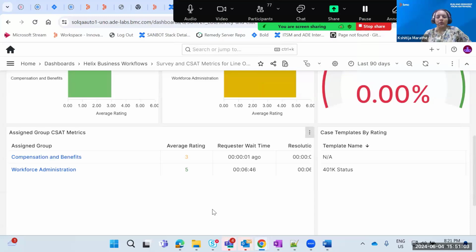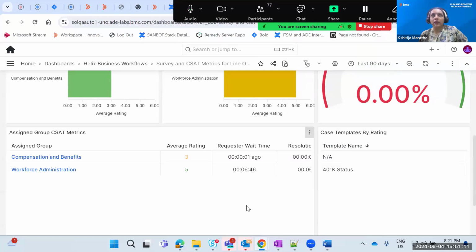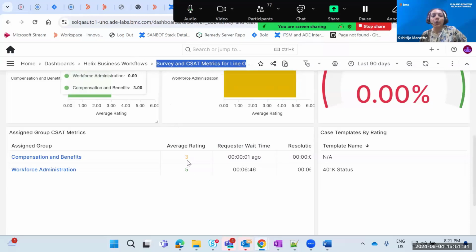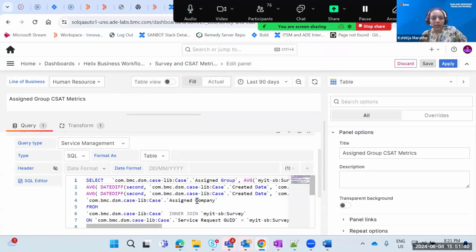Okay. So right now, basically, I just need the complete ERD, if you have it. Yeah, the ER diagram, I can get it from maybe the BWF team, and I can get that for you. But for now, to answer your question, I have opened the survey and CSAT metrics for line of business dashboard. This is provided out of the box. And if you look here, you will see how the inner join is created between my ITSB survey and